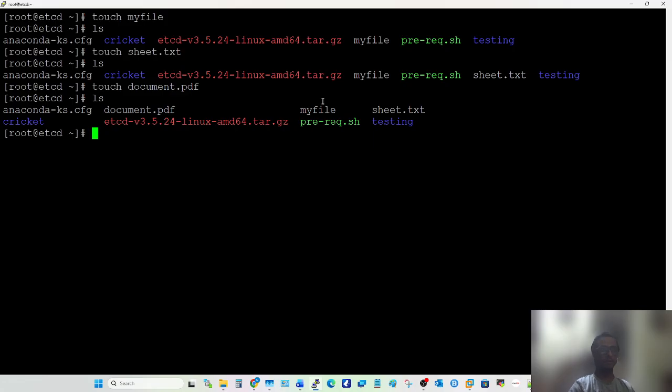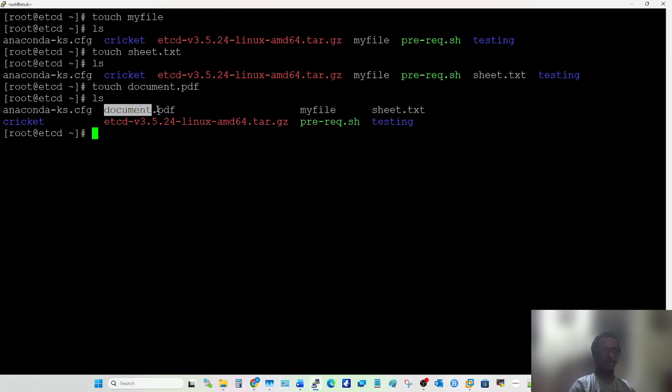So you can create these kinds of files, but in Linux, in your daily practice, you don't need to give the extension to the file, because whatever the extension is, it doesn't really make a big difference. All files are the same for Linux. You can go into the file, write your content, and save the file. That's it. Now I have created one file called my file.